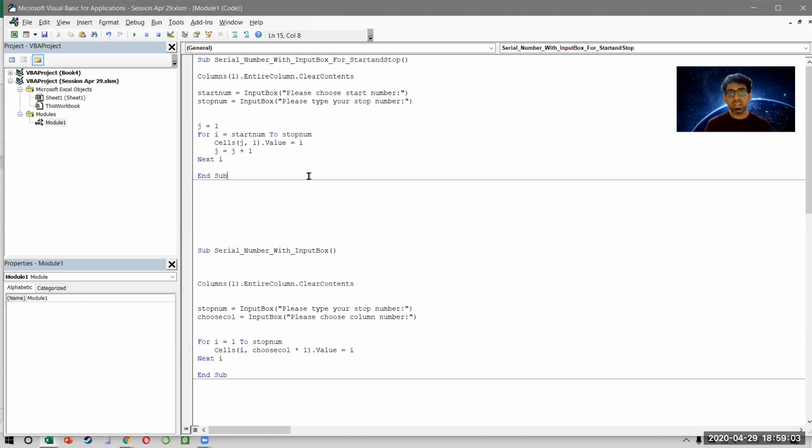We're giving the user the ability of choosing the start and the stop number, but the results will always come from A1 till the cell that we want. Right? Any questions, anyone?